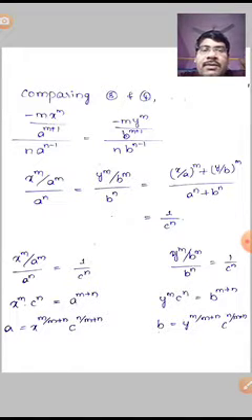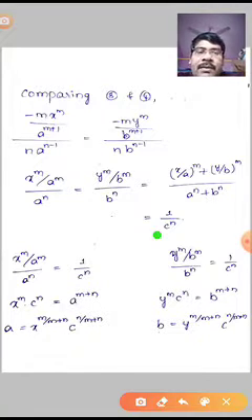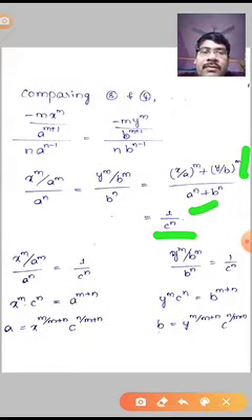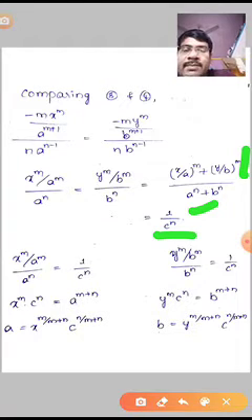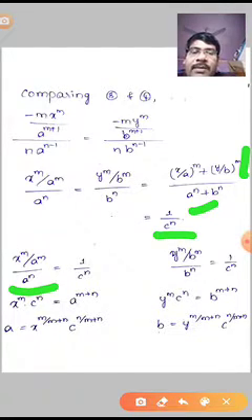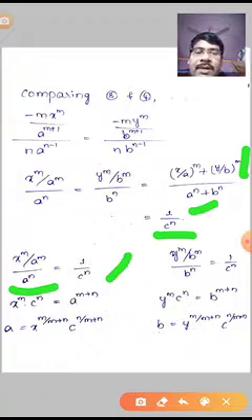Here, by the summation rule, the right hand side is x by a whole power m plus y by b whole power m by a power n plus b power n. Here that is equal to c power n. This family of curve is equal to 1, so here 1 by c power n. Here this one can be written as x power m by a power m divided by a power n is equal to c power n. Here x power m, by cross multiplication, c power n a power m plus n.